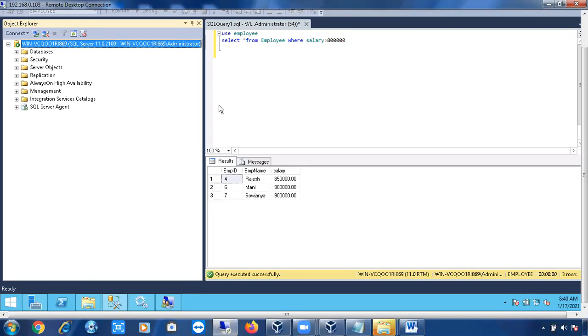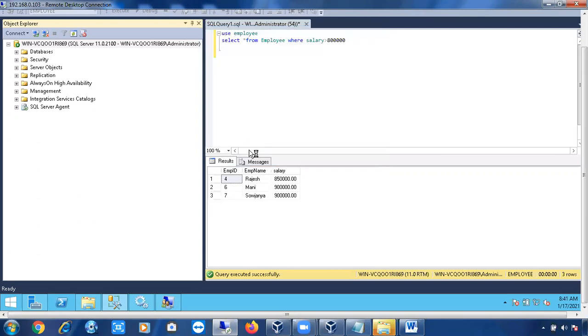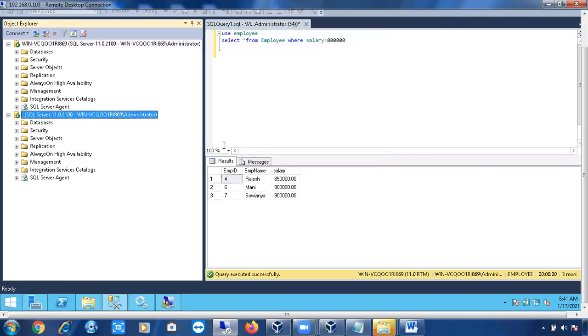Give IP address, I think. Okay, thanks for trying. Any other ways? Just now we discussed one point. How can we represent a computer name? With a dot, right? So replace your computer name here with the dot. Connect. You can connect. Whenever you see any instance with the dot, don't wonder. You can connect to the default instance with the dot also.